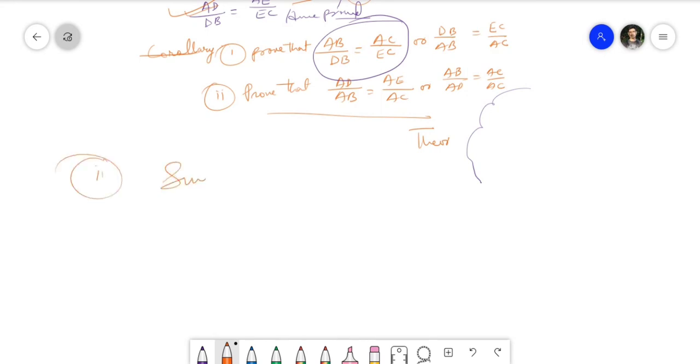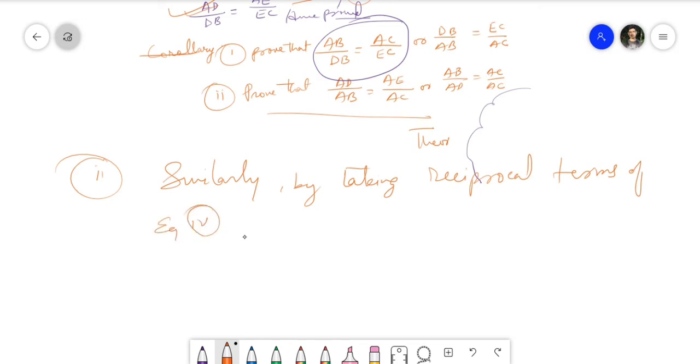Similarly, by taking reciprocal terms of equation 4, I'm just summing up here. We will do it in a similar way. We can prove that